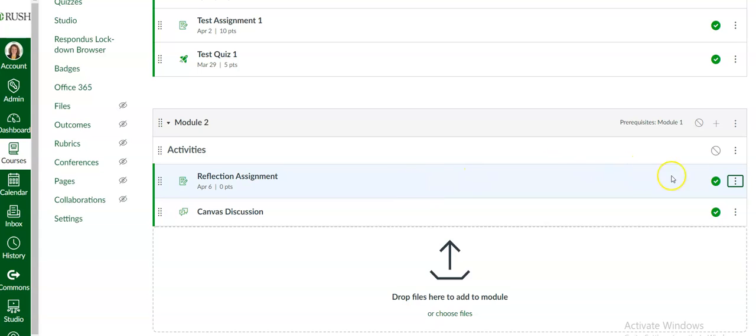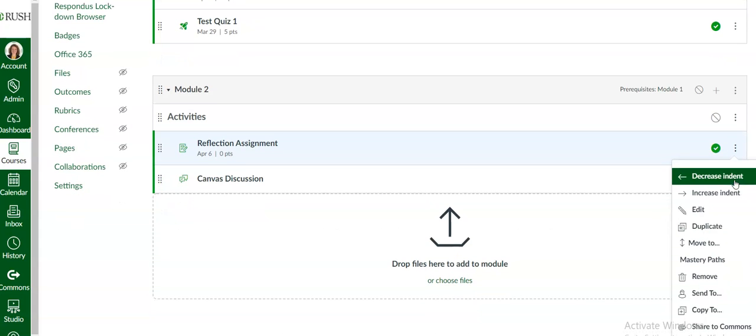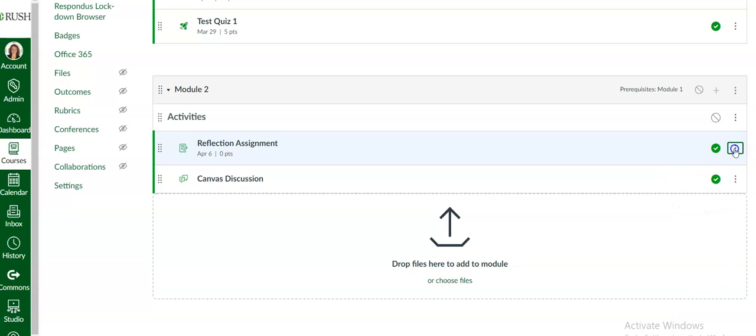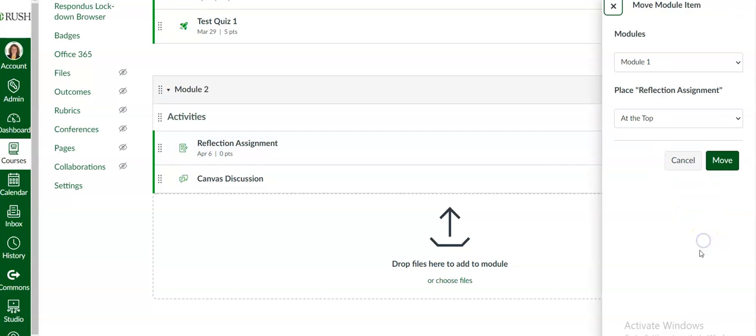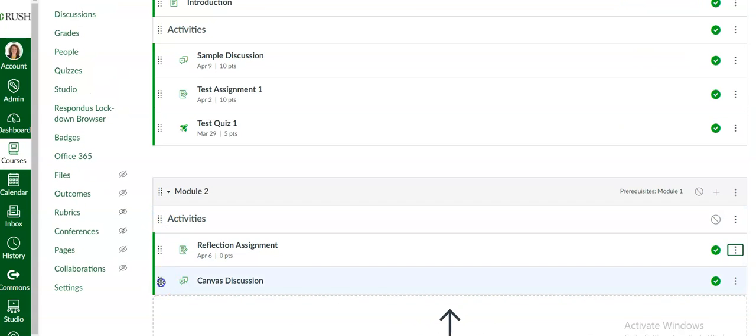So once you've done that, you can also edit any items by clicking on these three dots to the far right of the item. You can duplicate the item. You can remove it. You can send it to someone. So if you wanted to send it to a colleague, you can do that here. You can share it to Canvas Commons, and you can even move it to a different module. So say I wanted to move it to Module 1, I would click on Move To, and then I could move this item to the module above, which I'm not going to do, or more easily, I can just drag